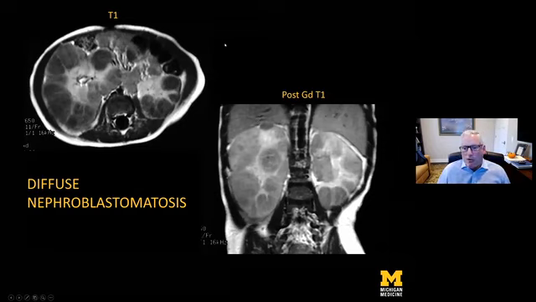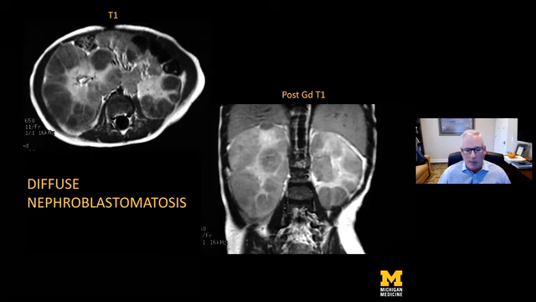Another entity that you can uncover on occasion is either focal nephroblastoma or, in this case, diffuse nephroblastoma. So we have a T1 weighted image here and a post-gadolinium T1 weighted image here. It was not done with fat saturation, but we can see that all these lesions are enhancing, and they are peripheral in location with some centrally spared renal parenchyma, bilateral nephromegaly in this very young patient, and